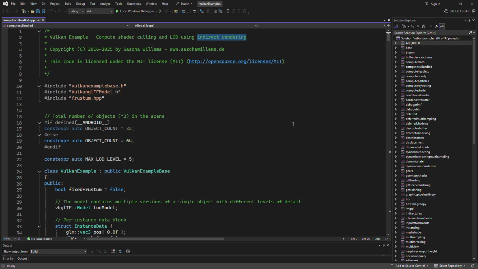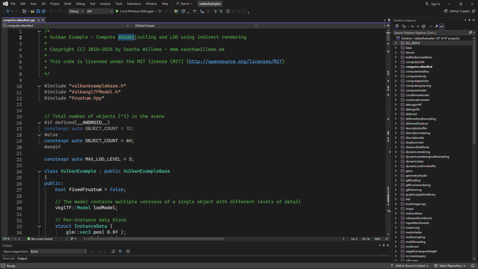In this example, we have this compute shader culling, okay? And this indirect rendering. So what it's basically saying is that the GPU is issuing the draw calls and doing the draw calls, right? So everything is being done on the GPU, and also the culling, or like the removing of objects and stuff, is also being done on the GPU side. And we know this from the description provided here, because it says compute shader culling, and